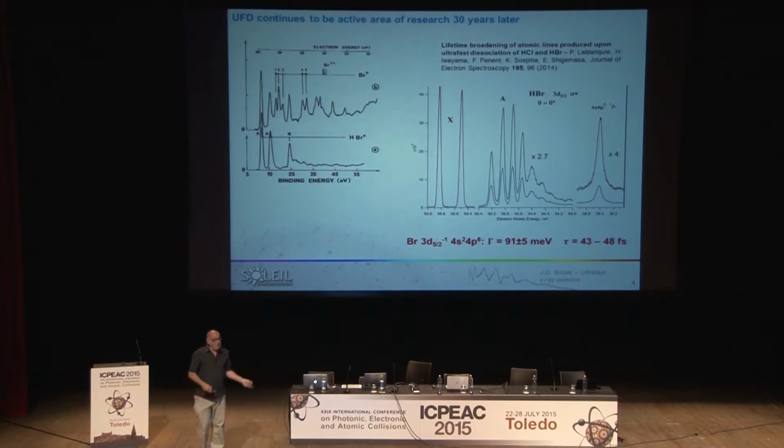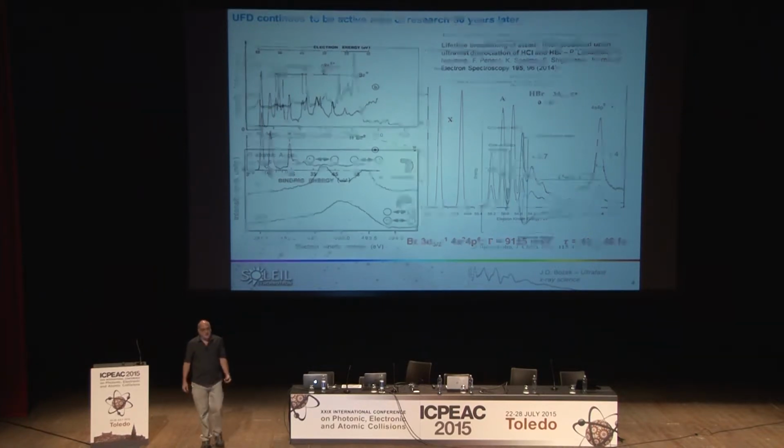So it's still an area, and you can see these are actually the same spectral region. Here's the X state of the molecule, and here are these two resolved X state bands. Here's the A state band, whereas it's not resolved in the original spectrum. So higher resolution is needed to do this, but that's readily available at third generation light sources to be able